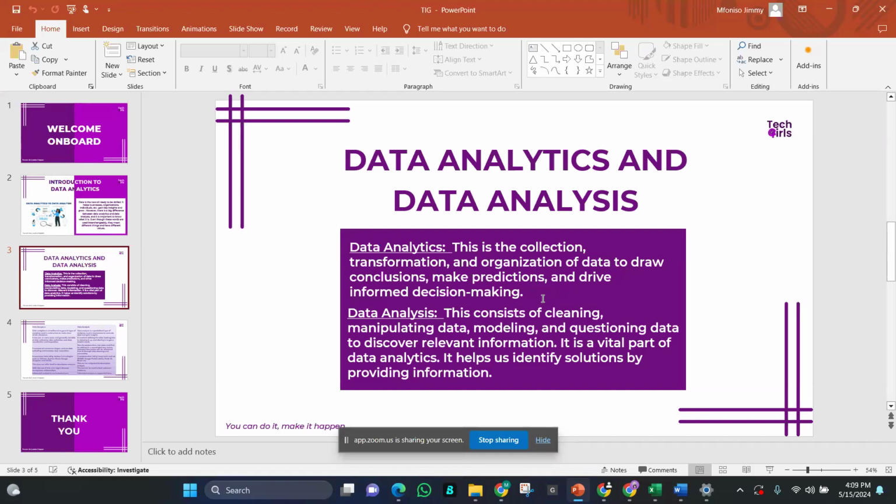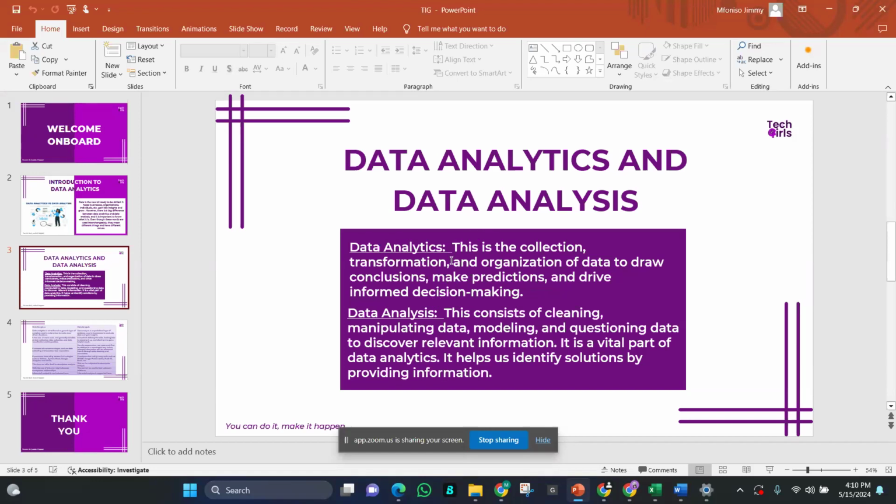Data analysis is a subclass of data analytics, consisting of the cleaning, manipulating, and modeling of data, and the questioning, so as to discover relevant information and solve problems. It is the basic part of data analytics and it helps identify solutions by providing information. While data analytics is the field and the process, data analysis is under it.